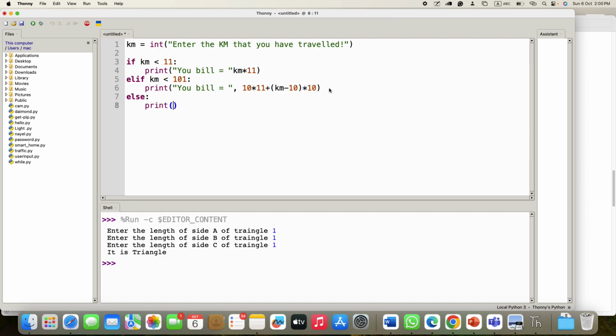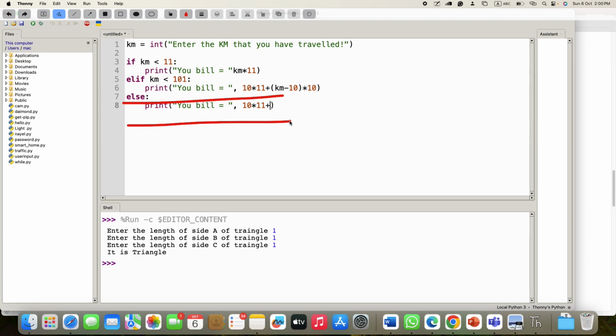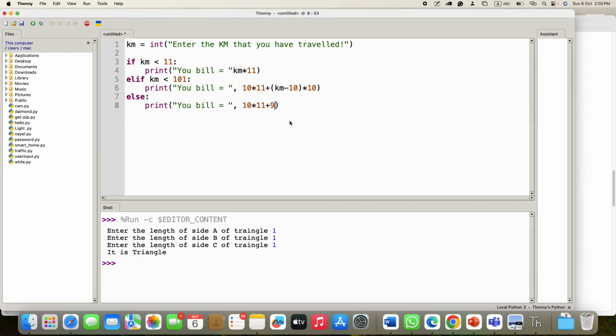What you do is, you simply say your bill is equal to, first 10 you multiply by 11, because it's more than 100, isn't it? First 10 multiply by 11, second 90, that's what it says, isn't it? Here, look at this. First 10 multiply by 11, next 90 multiply by 10, right? Plus,